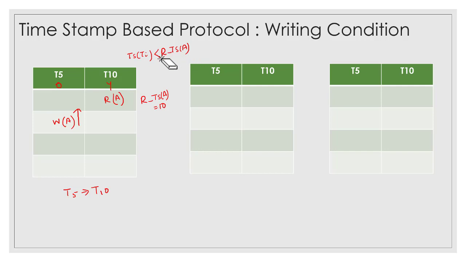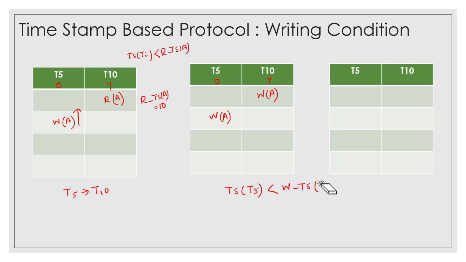So here you can see how the write operation is affected by the read operation on the data item. What about the write operation? How will the write operation be affected by another write operation? Suppose transaction 10, which is the younger, has written the data item A. Then a new transaction is requested to write the data item A. T5 is the older one. So here, what condition are we facing? We are facing that TS(T5) is less than or equal to